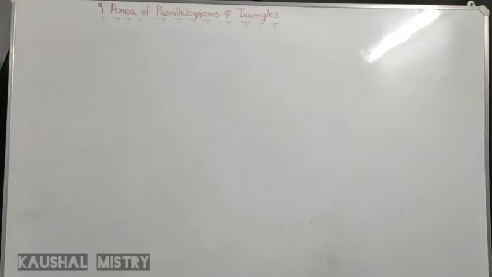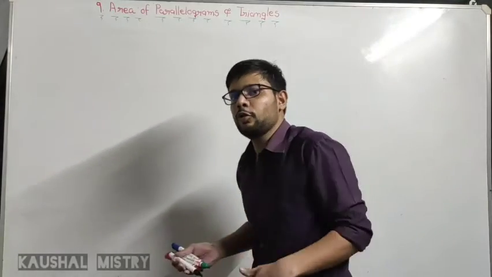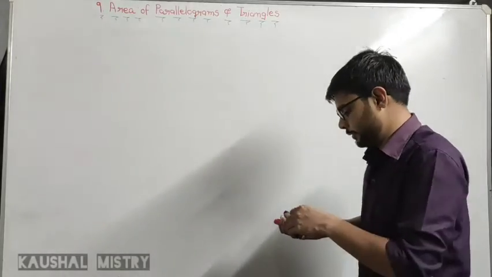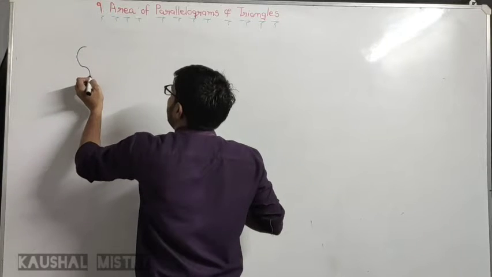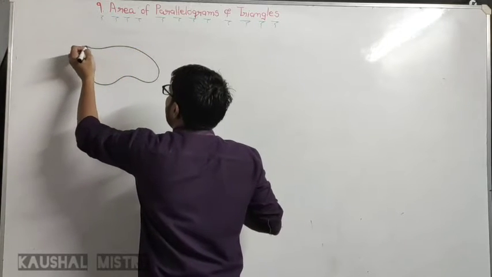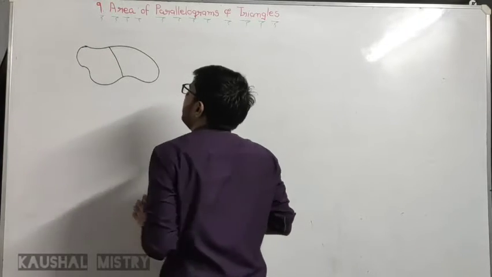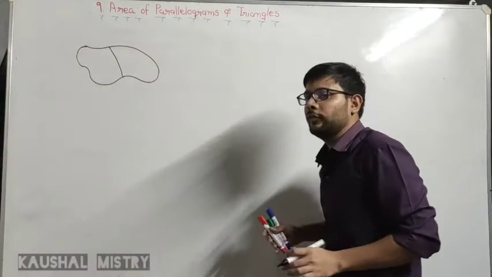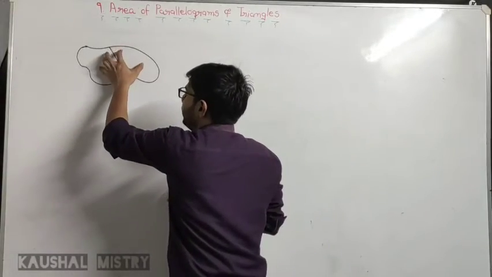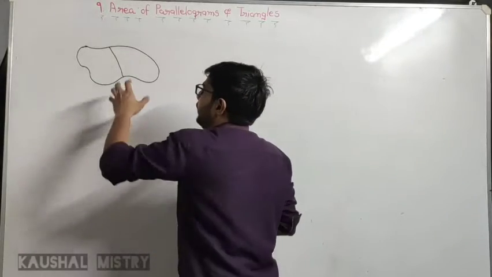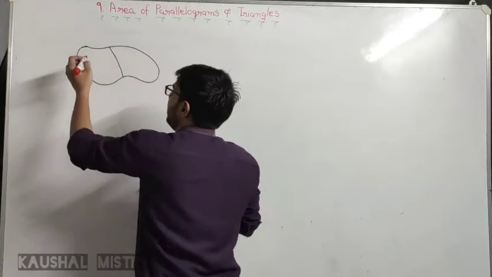Now when it comes to the area, this basic theory we all know, but it is given in the book, so we will discuss that. If this is our figure, and if we divide this figure into two parts, that means if this is our figure T, then area of figure T will be, we will divide this into two